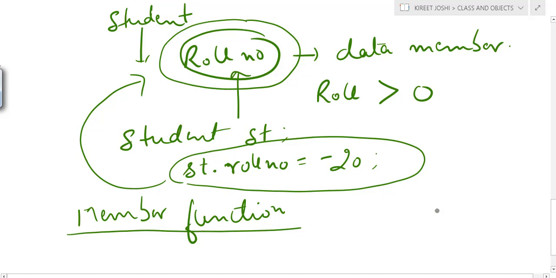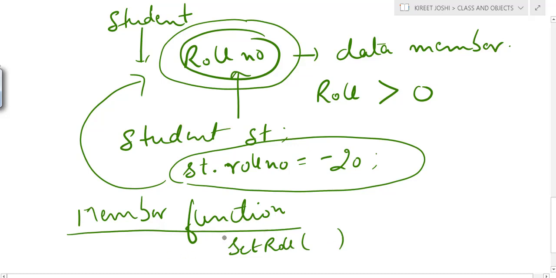So if we have a member function, for example, the name of the member function is set data, or you can say set roll number. This is the member function.